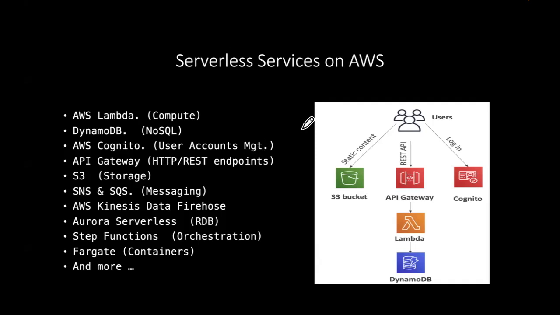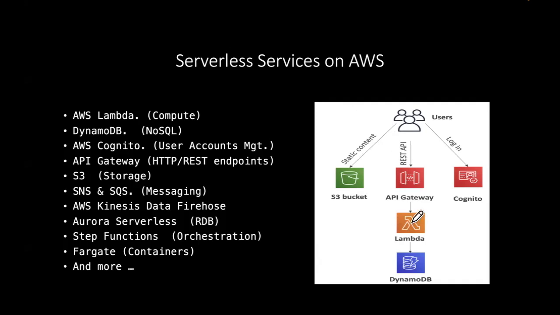On the right, what I'm showing you is a classic example of a serverless application deployed onto the AWS platform. And by classic, I mean it's a classic infrastructure for a web application, where a web application is comprised of a front-end client, let's say a React app, and a back-end web API.